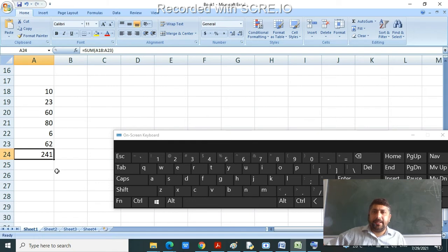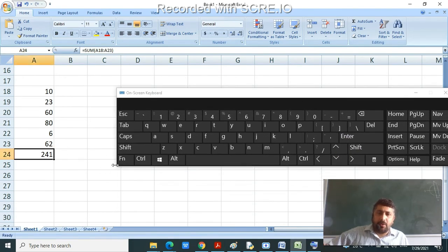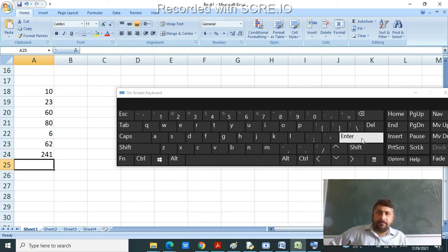So it will automatically add all the numbers in that range if we press the Alt button and this button, then press Enter.